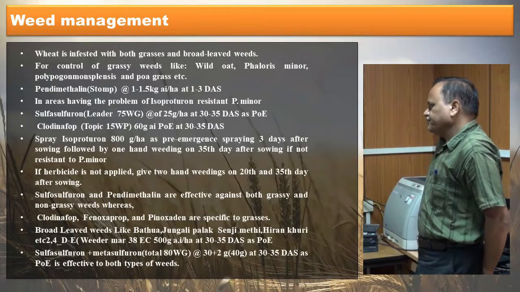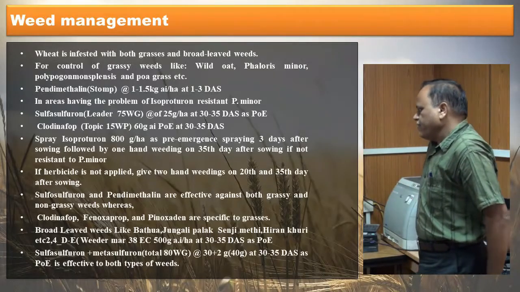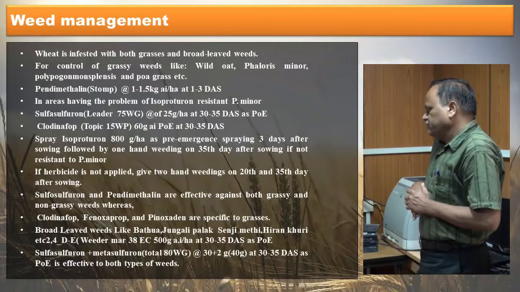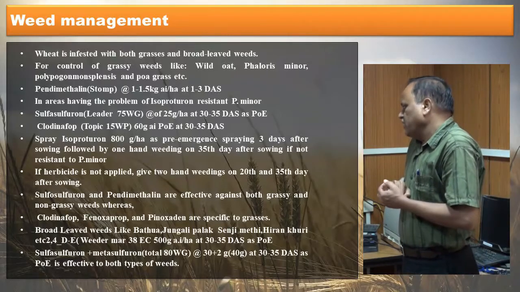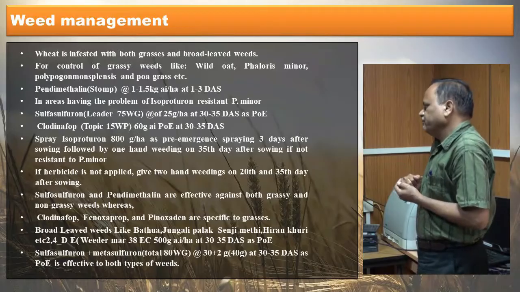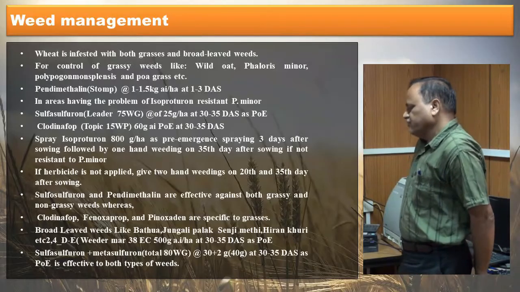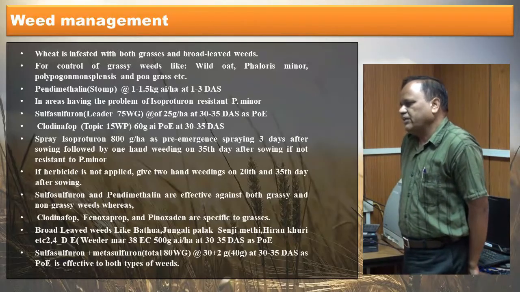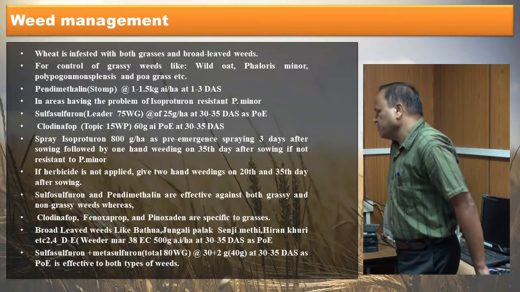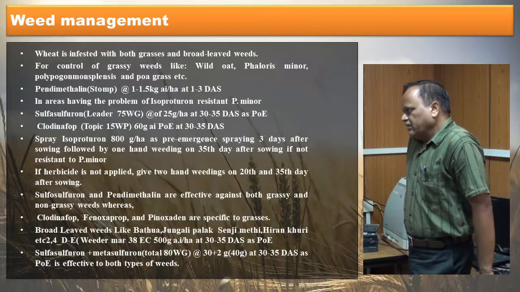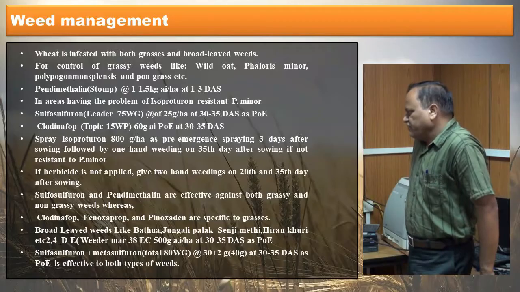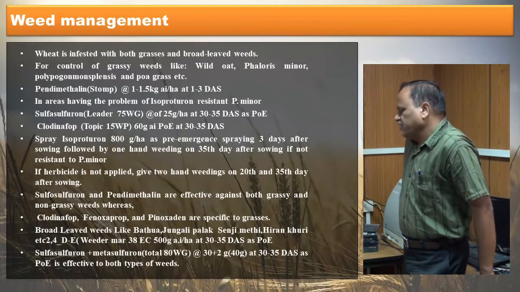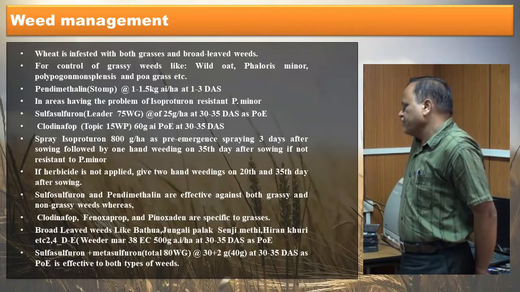So isoproturon at the rate of 1.2 kg per hectare at 30 to 35 days after sowing, it controls